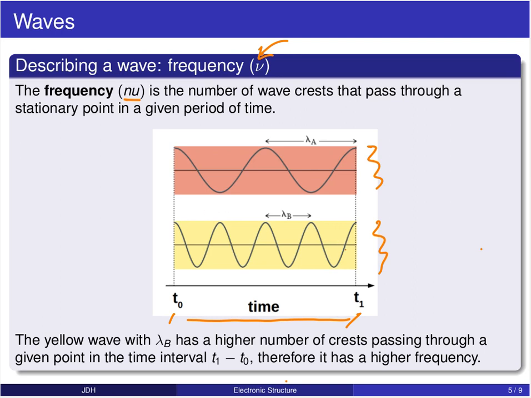So there's more and more of these crests showing up. Therefore, the frequency, nu, for the yellow light here, B, is going to be greater than the frequency of that red light, denoted by A. Okay, so these are our three properties. If you're dealing with light, we can characterize that electromagnetic wave by these three properties: wavelength, amplitude,